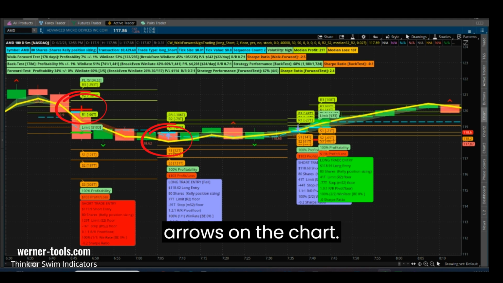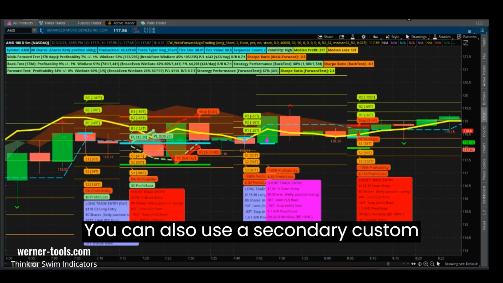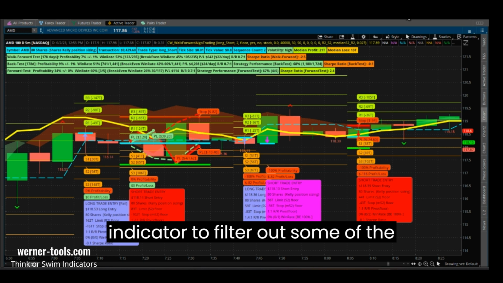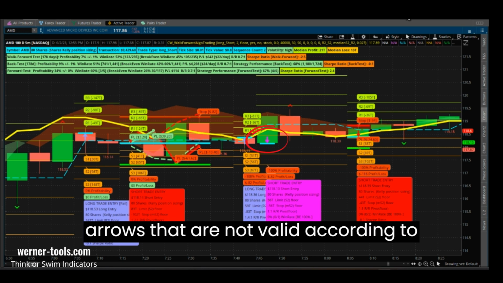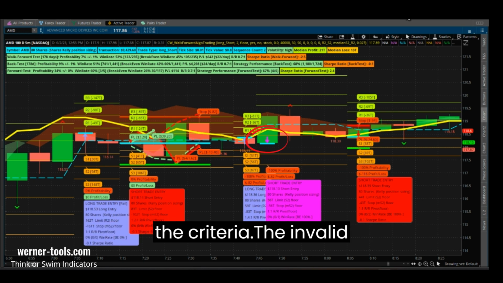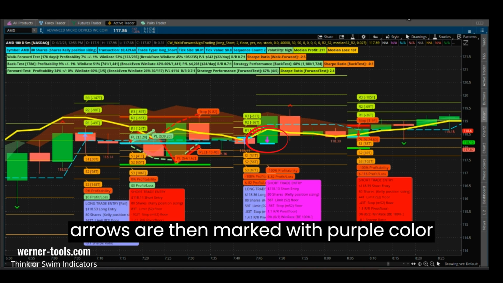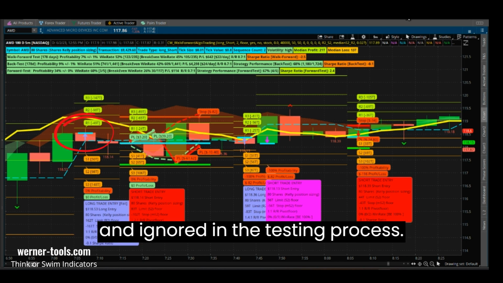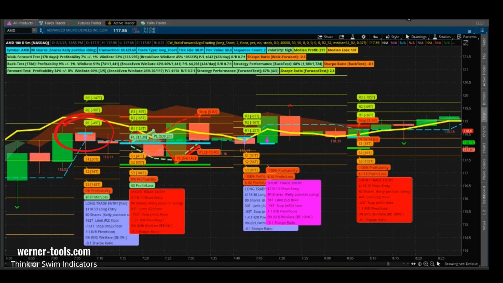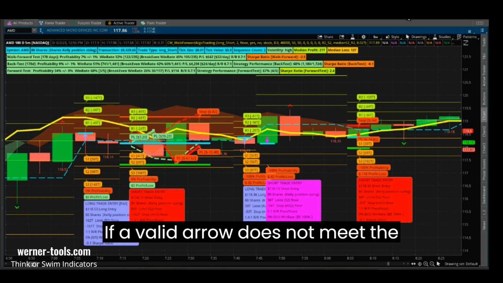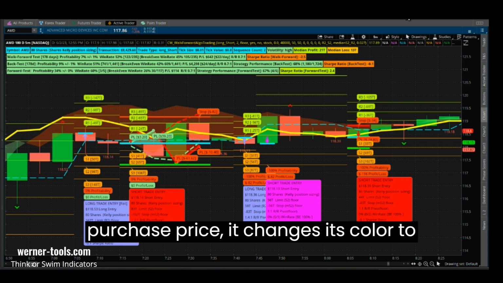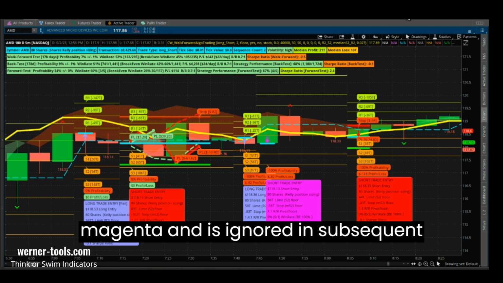arrows on the chart. You can also use a secondary custom indicator to filter out some of the arrows that are not valid according to the criteria. The invalid arrows are then marked with purple color and ignored in the testing process. If a valid arrow does not meet the purchase price, it changes its color to magenta and is ignored in